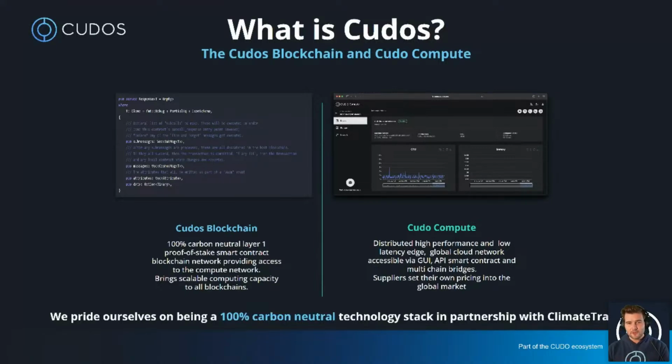So we've got this Cudos Compute cloud network as well, and that's to facilitate the other side of computing that we need within Web3, and that's for that real-time, powerful performance computing through virtual machines, through a cloud computing infrastructure that is quite similar to things you may have seen in the cloud space already. Things like Amazon Web Services, Google Cloud Platform, Microsoft Azure, DigitalOcean, things like that. So we have our own one of those.